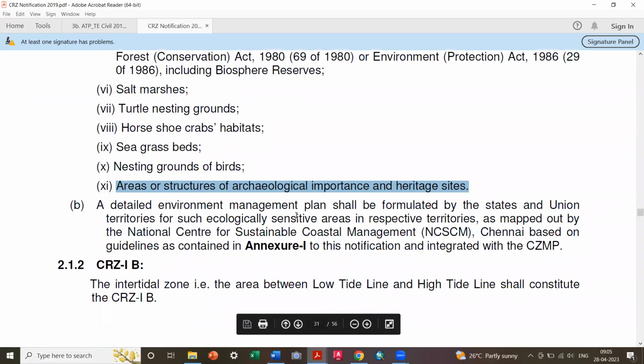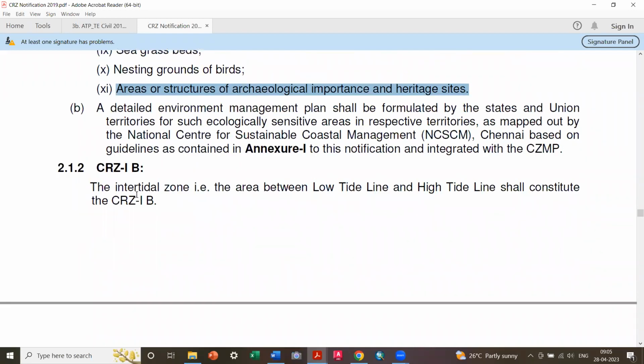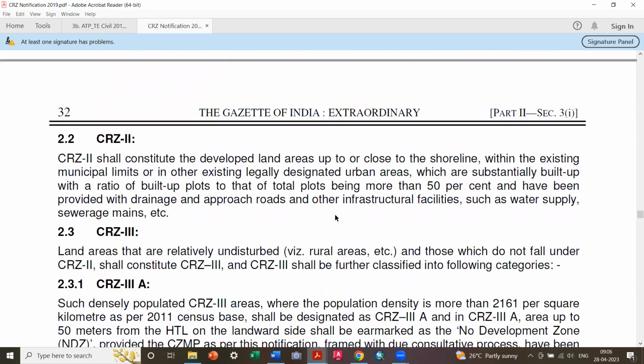Then a detailed environment management plan shall be formulated by states and union territories for such ecological sensitive areas in respective territories as mapped out by the National Center for Sustainable Coastal Management, NCSCM, Chennai, based on the guidelines. Then CRZ 1B, so intertidal zone between low tide line and high tide line, CRZ 1B. Then CRZ 2,